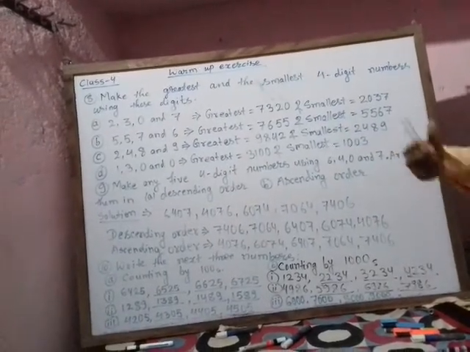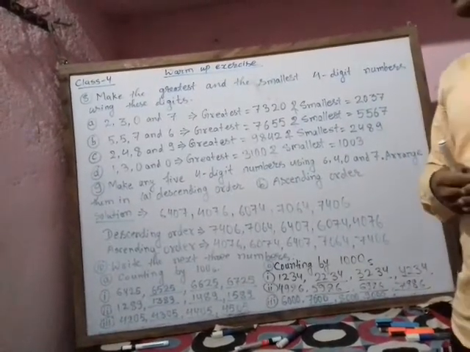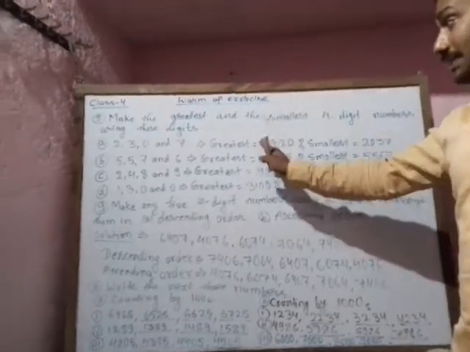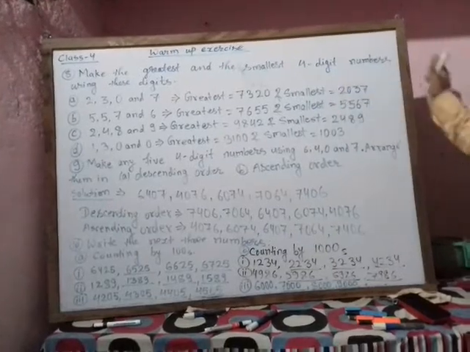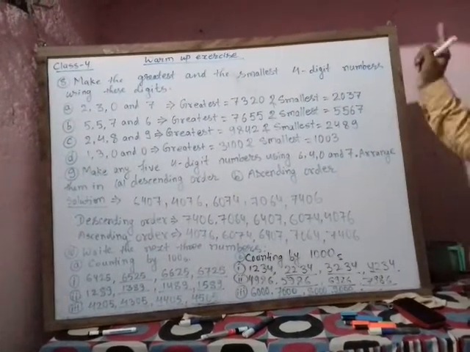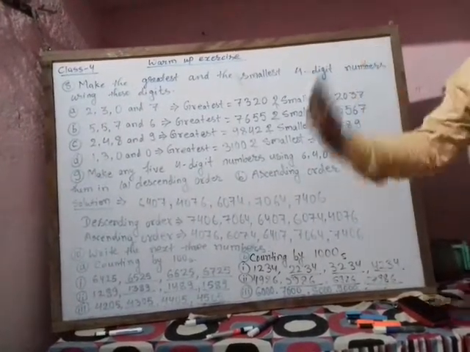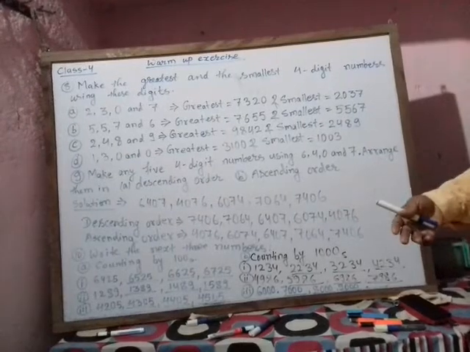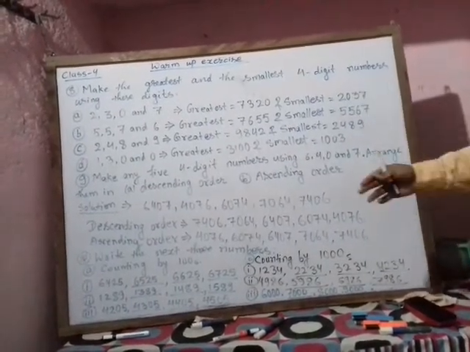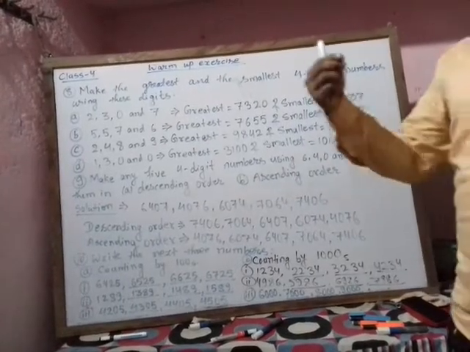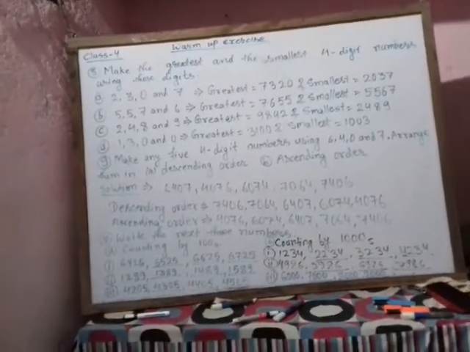What do we have to think about while writing the greatest and smallest? In the previous note I explained that while writing the greatest you have to go from the biggest number to the smallest number, and for the smallest you have to write from the smallest number to the biggest number. But remember that 0 should not be written first. It is the smallest, but when 0 is written at the front it doesn't have any value. If I write 0 in front, it becomes 237, a 3-digit number, not a 4-digit number. So 0 will come after the first smallest digit while writing the smallest number. Keep these things in your brain.